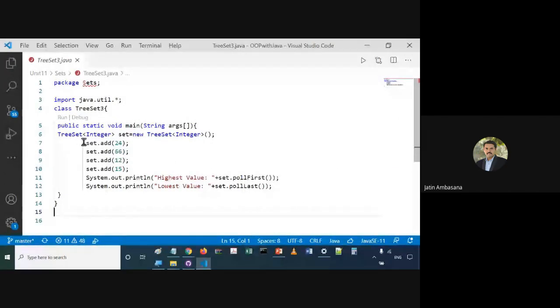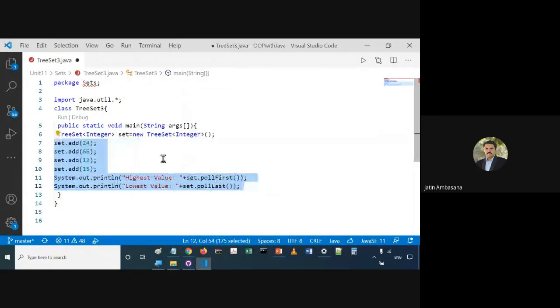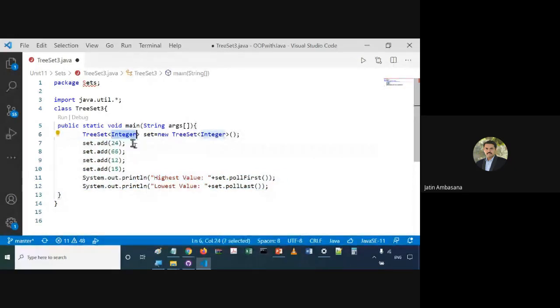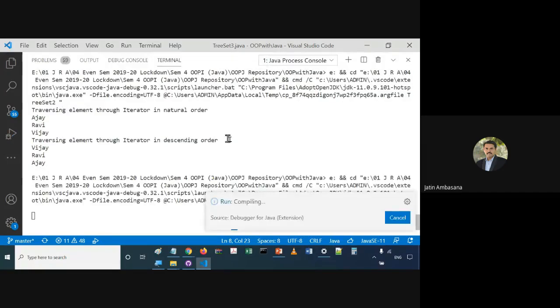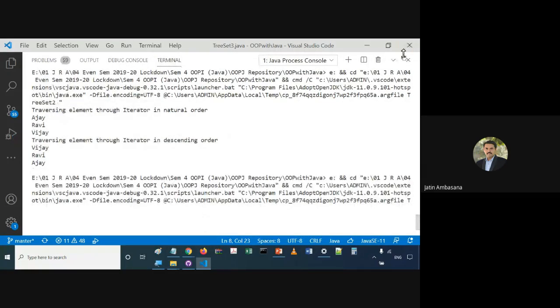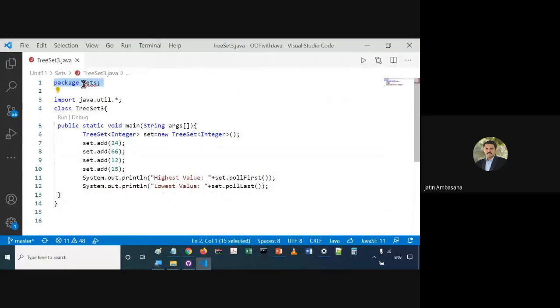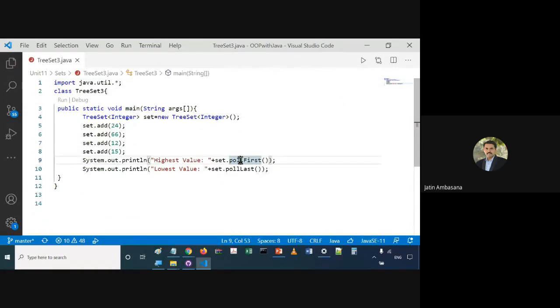We add some elements to a set. So this set is of what? Of integer type, right? So we add some integers to it, and then we say highest value, set dot poll first and then set dot poll last. So polling would give you this, basically this poll first will give you an integer from this, because